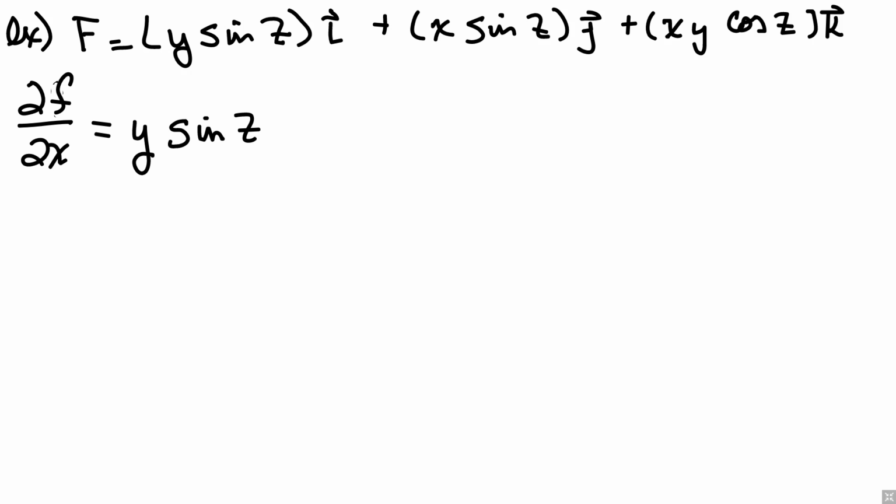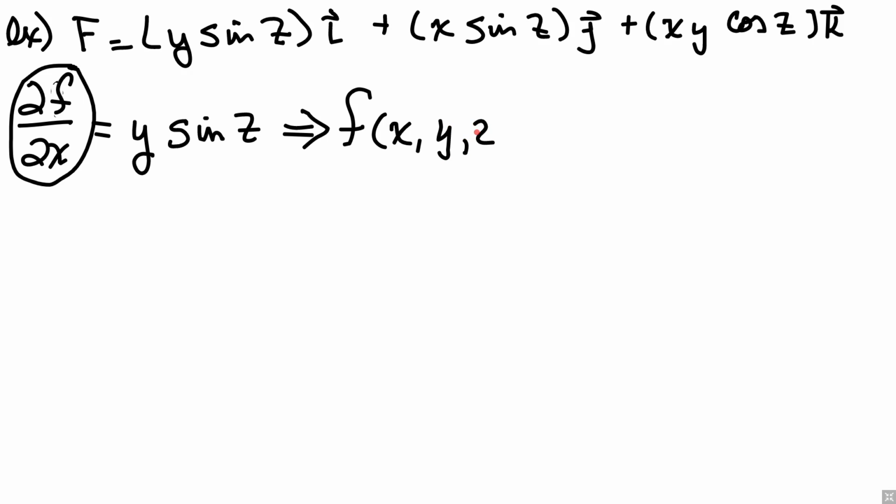Now we're going to integrate in respect to x. So that means that this now is going to turn into a function of x, y, and z, and this is going to be equal to